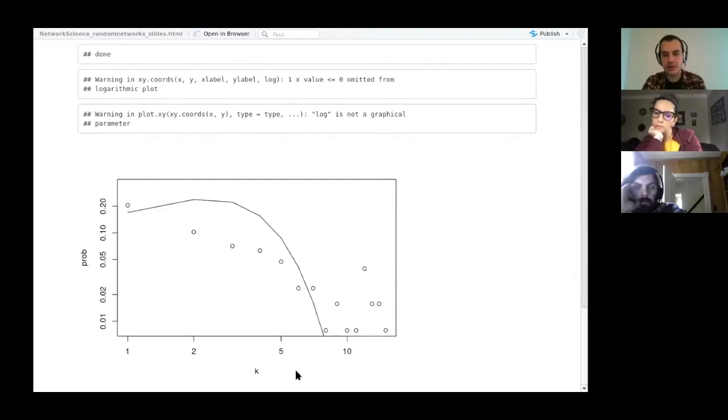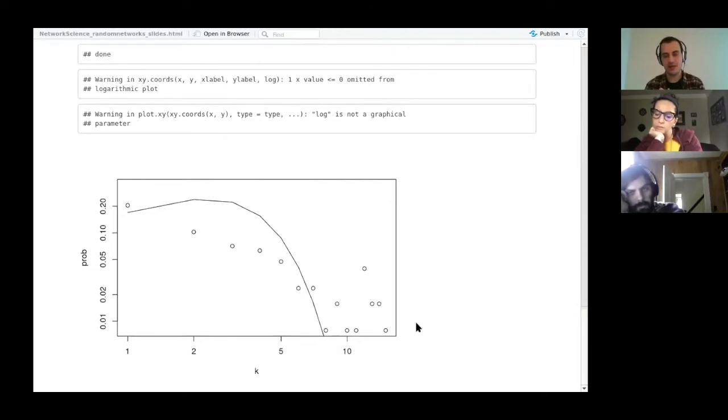So K is degree, and this is the probability of degree across the network. This is basically describing the probability that a node has a particular degree in that network. I've log scaled the x-axis, which is a pretty common thing to do. You'll see that this degree distribution looks roughly linear. That corresponds to what people might call a power law distribution, although I doubt there's sufficient data here actually to